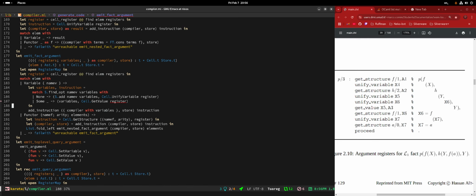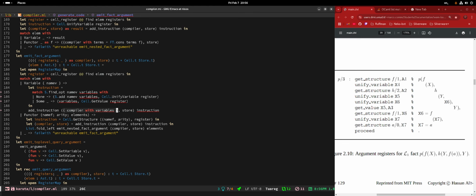Okay. Let's finish variable on the top level now. This is a get value. I think it's always a get value, actually. Always a get value. Okay, awesome. So we can remove this thing, and we can also remove this.